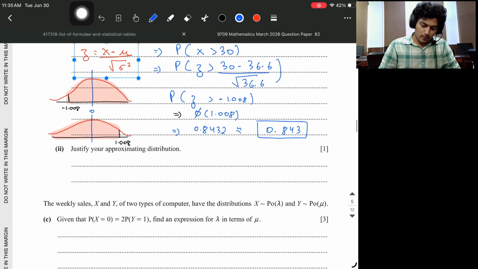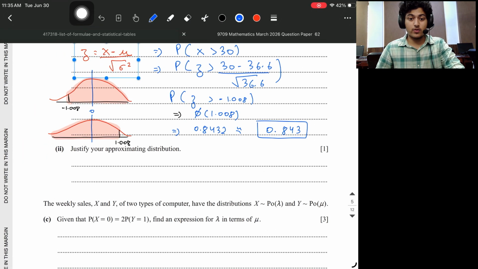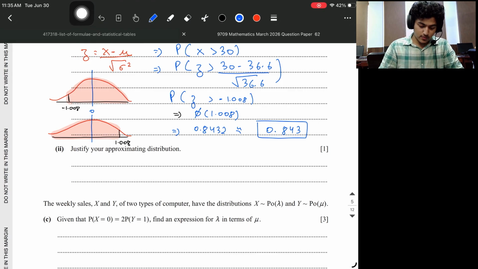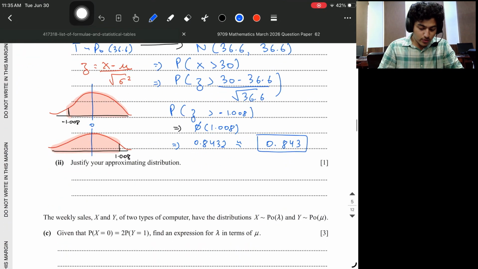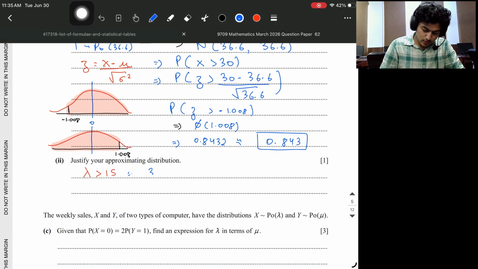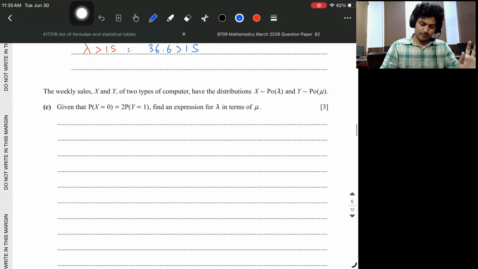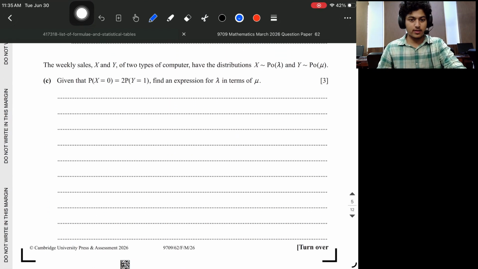All right, now as they've asked here that we need to justify our approximating distribution, which we've already justified above, all you need to do is state that your lambda is greater than 15, therefore 36.6 is greater than 15. That's it. All right, now moving forward, they've asked: the weekly sales X and Y of two types of computer